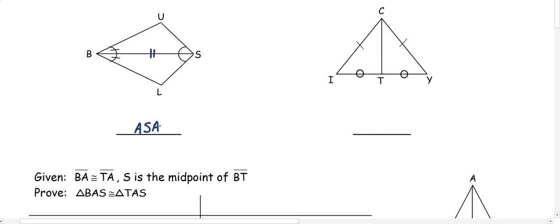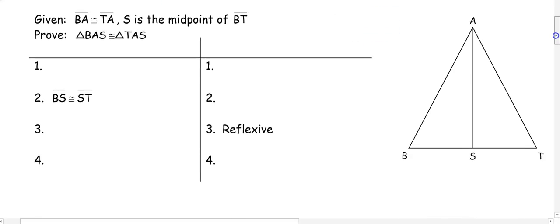And in the last one, we have a shared side CT that we can mark congruent by the reflexive property. We have two other sets of congruent sides. We have the ones with the tick marks and the ones with the circles. So we have 3 sets of congruent sides, so we would use the method side, side, side. So we're going to use these methods, and now we're going to prove that a triangle is congruent based off